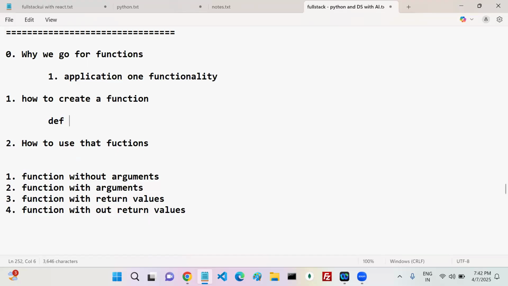So the syntax is def, which you can remember as define a function. After that, your function name. Once you have a function name, what is the next thing? Function representation. In any programming language, this is the function representation. After that,